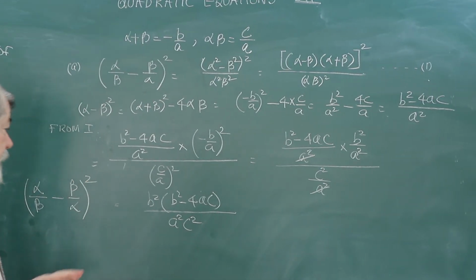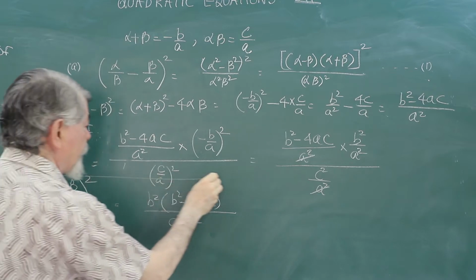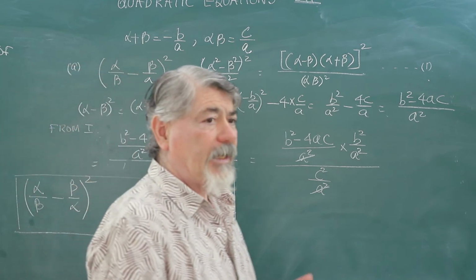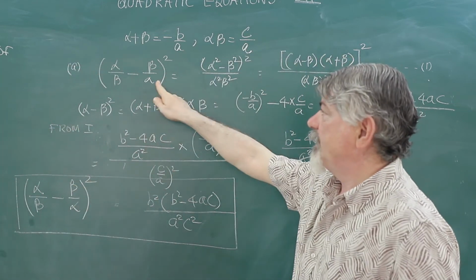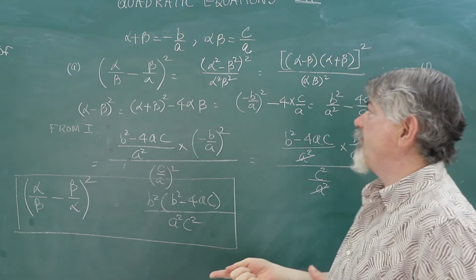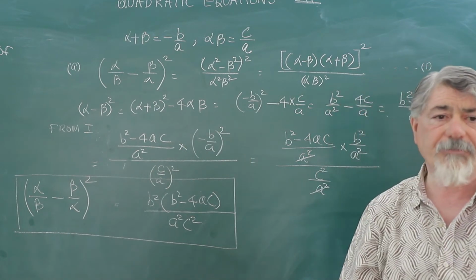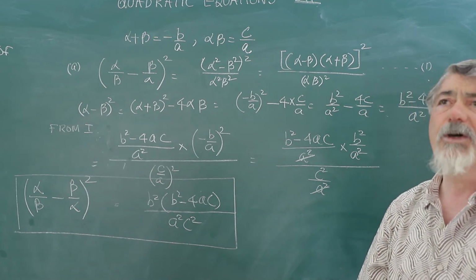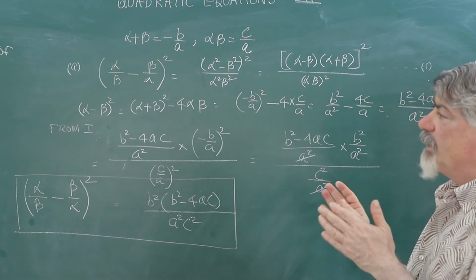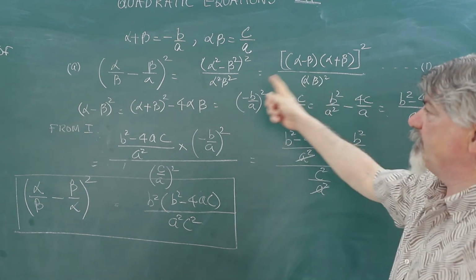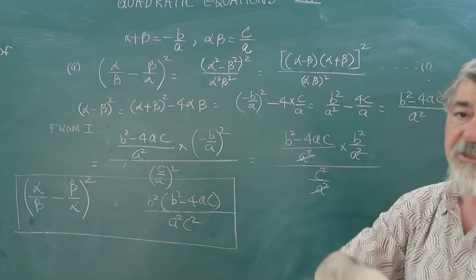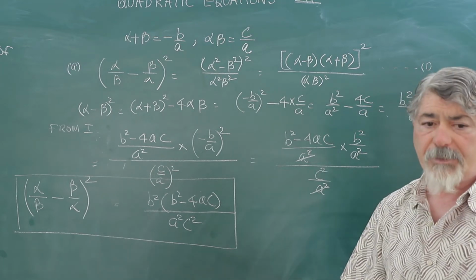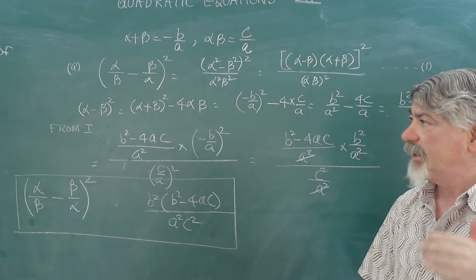We are doing time and again the same process, that we will take out from the given equation the value of alpha plus beta and alpha beta, and then when we substitute the values by solving it, they will come either in the form of alpha square minus beta square, alpha square plus beta square, alpha cube plus beta cube, alpha cube minus beta cube, or alpha 4 plus beta 4, but they will be reducible to some of the other form which we had discussed in question number 1 in the beginning of this lecture. I had done around from A to H part. In A to H part I had discussed everything.